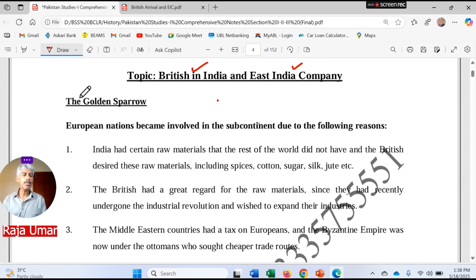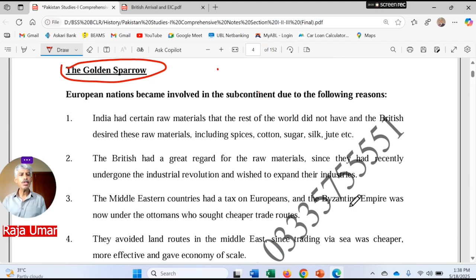As you know, the subcontinent was a really rich land at that time during the Mughals and even before Mughals. So that was known as the Golden Sparrow, right? And the European nations became involved in the subcontinent due to the following reasons. These are the reasons why the European nations thought this was the best land for them to take over, and why they were supposed to be over there to even start their